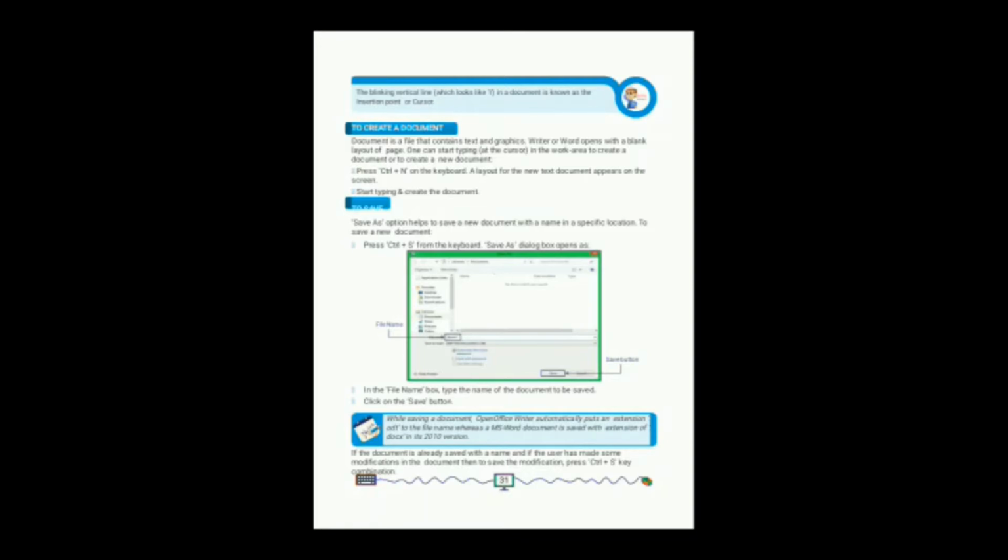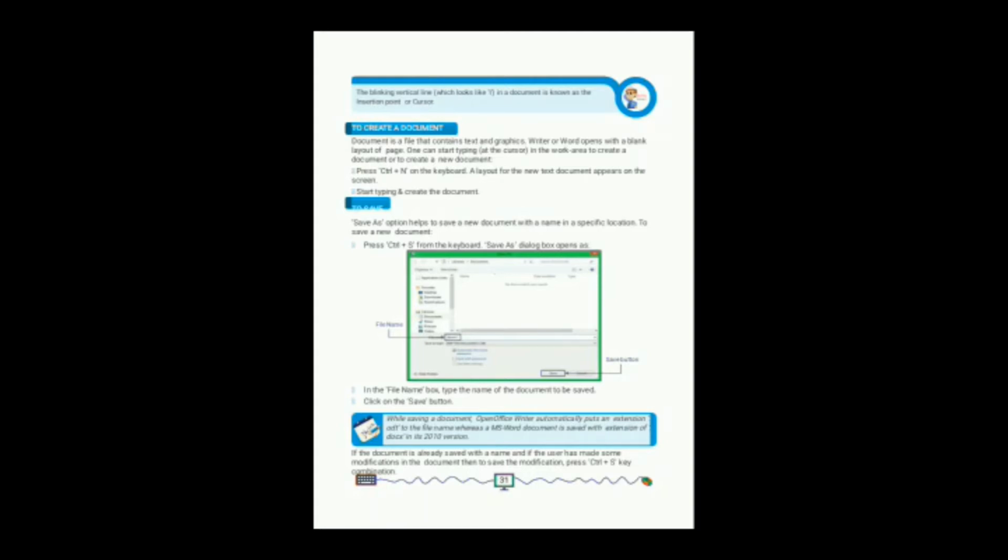For saving any document, we have to click on the Save As option. It helps us to save a new document with a name in a specific location. To save a new document, first we click on File from the menu bar, then click on Save As.